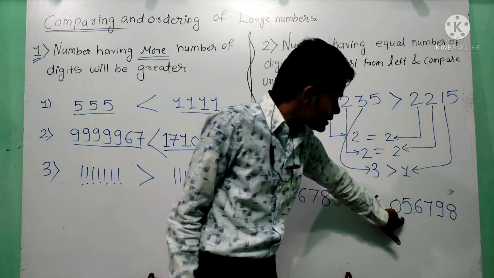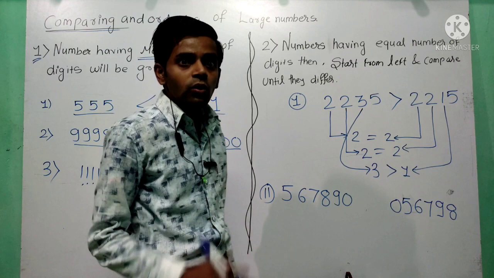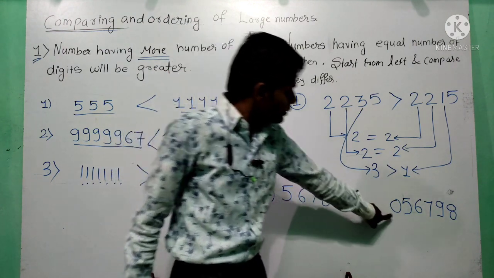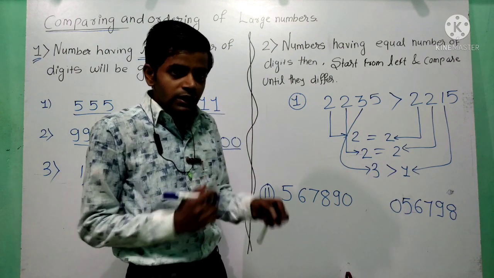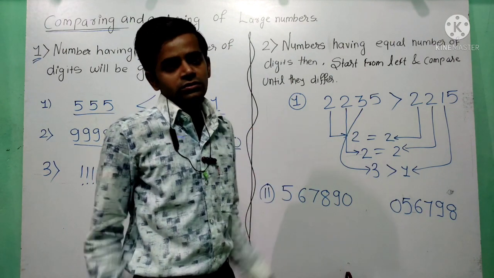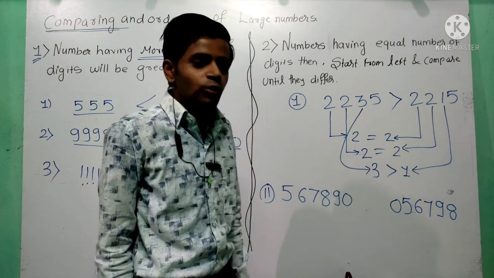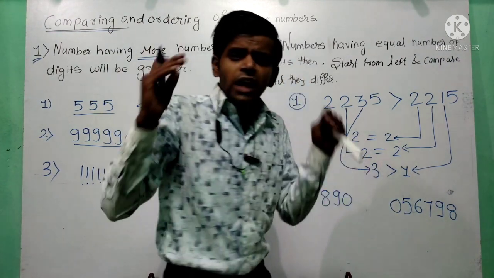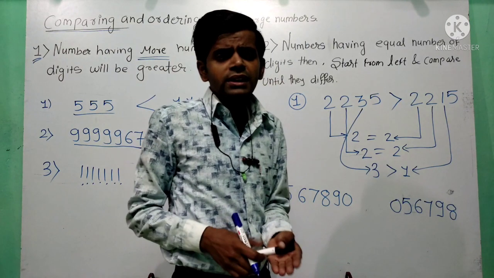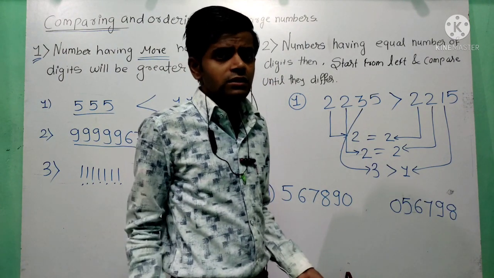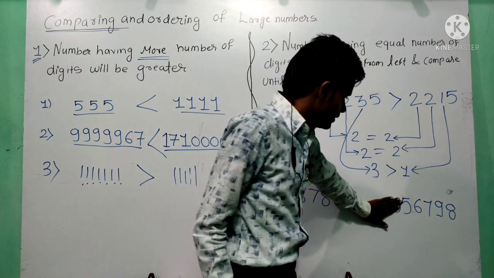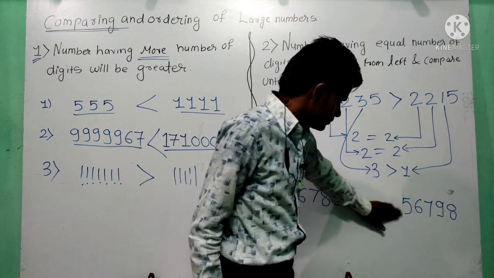It is a 6 digit number or not? First of all, tell me. No, it is not a 6 digit number. It is a 5 digit number, because if the 0 is in the beginning of number, किसी भी number के सामने 0 लगा दूंगा, it is meaningless. कोई मतलब ही नहीं है उसका. If I am writing thousands of 0 in front of any number, it is meaningless. It is not a 6 digit number. ऐसा कर मत देना, तो आंसर wrong हो जाएगा. ठीक है? So don't compare.